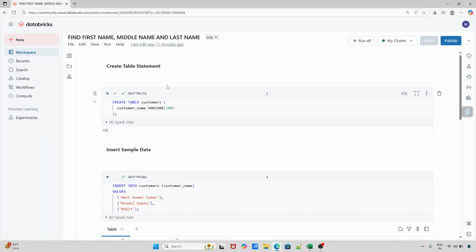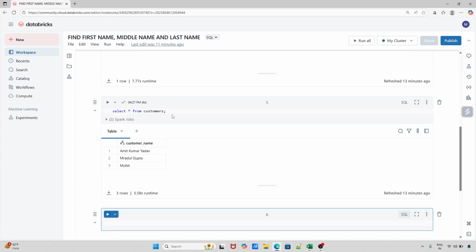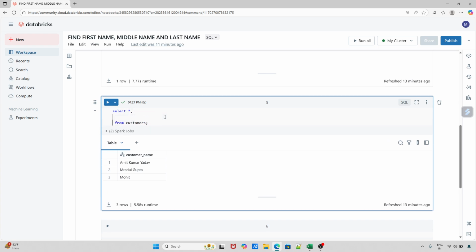So I already have this create table statement and insert statement. For this problem, I will put this into my YouTube video description so that you can practice the same. Here you can see I already have this table created. Now what we want to do is calculate the number of